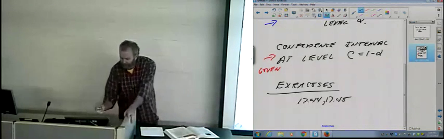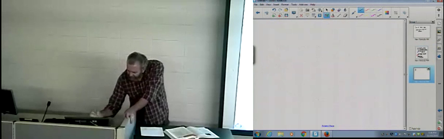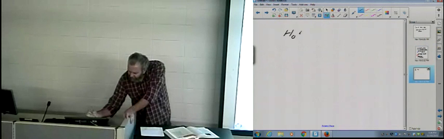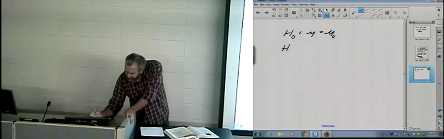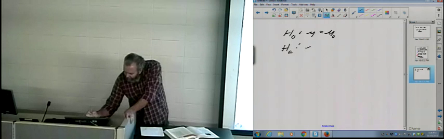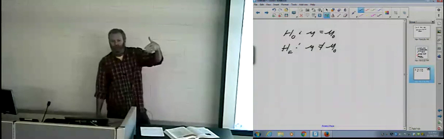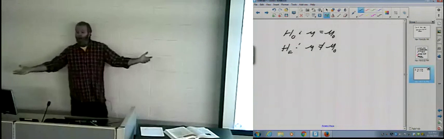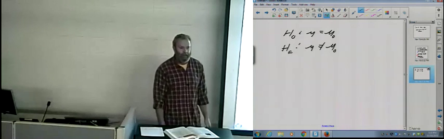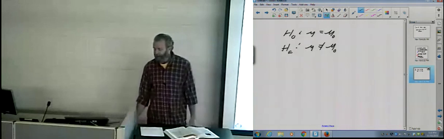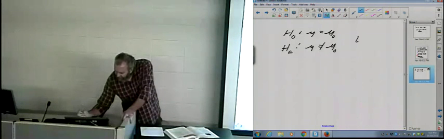Here's the way it works. This is the test I would like to do. Now, I'm taking all the numbers away and giving it to you in general. I know if I'm looking at a two-sided test that this has to be the case. Now, that little mu subscripted with a 0 could be any number, right? It depends on what the problem is saying. But for a two-sided test, the hypotheses are set up like this. Okay? And we're using level,